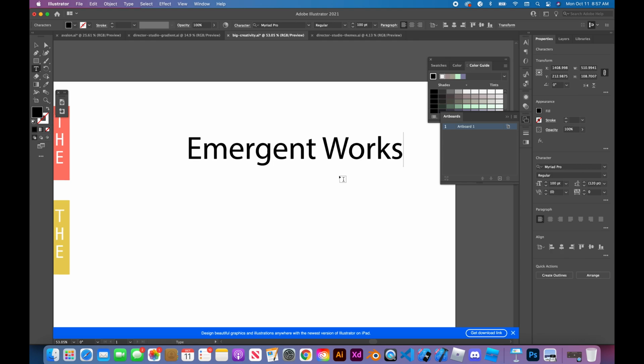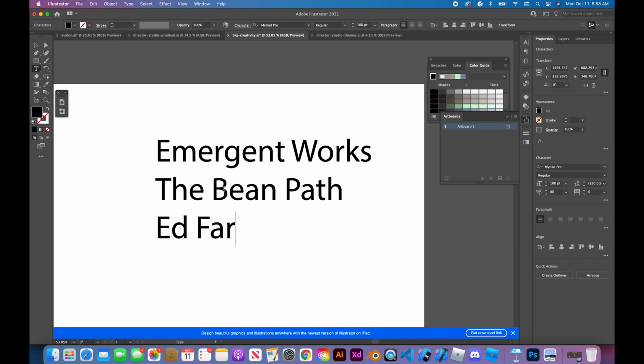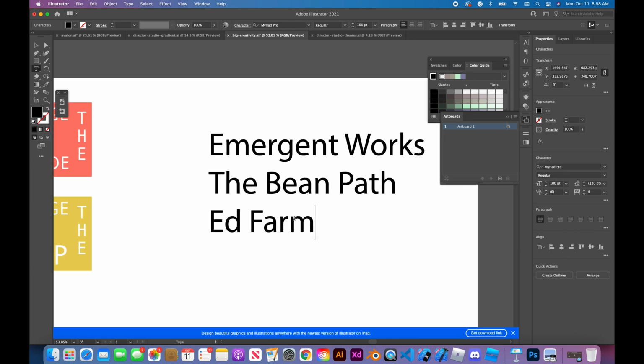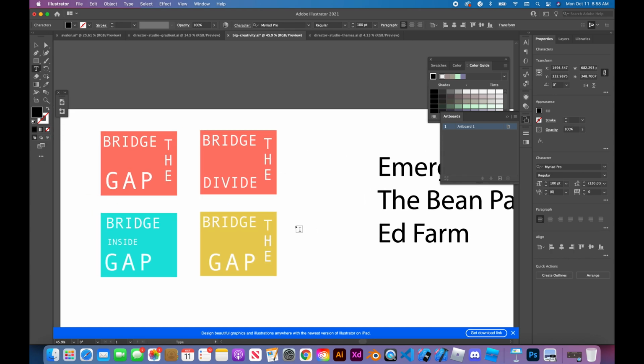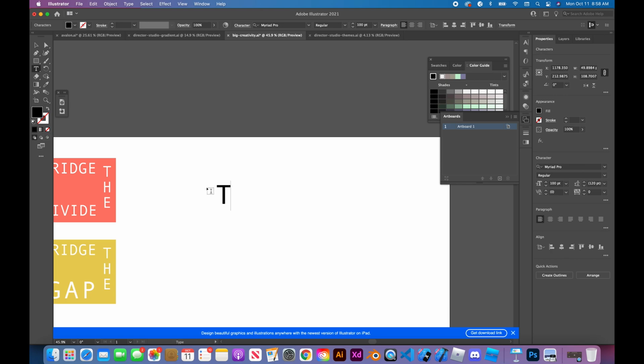Emergent Works, which is a nonprofit organization that helps former felons learn how to code. The Beam Path, which is an organization in Jackson, Mississippi, specifically geared towards Black Americans, and it teaches them about technology and tech literacy. Then we have EdFarm, which is similar to the Beam Path, where it teaches people tech literacy, but this one is centered in Atlanta. So the idea for Bridge the Gap, or bridge inside the gap, I feel like fits well with this. So the branding would be